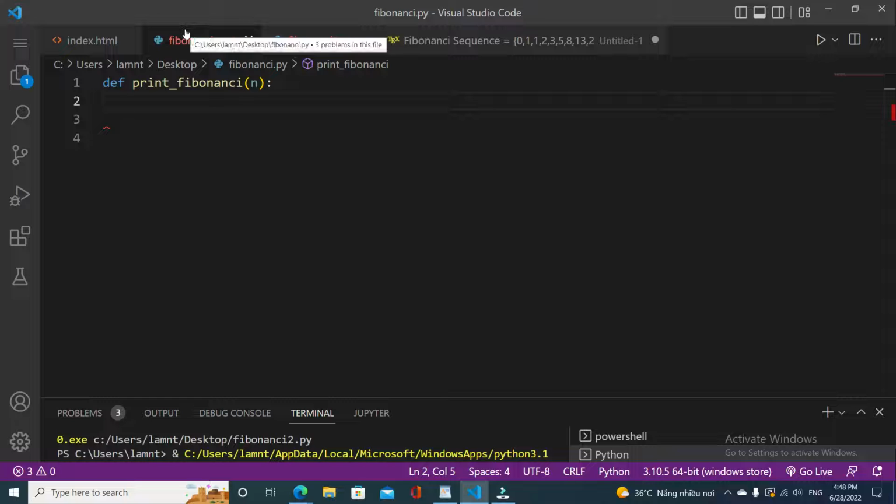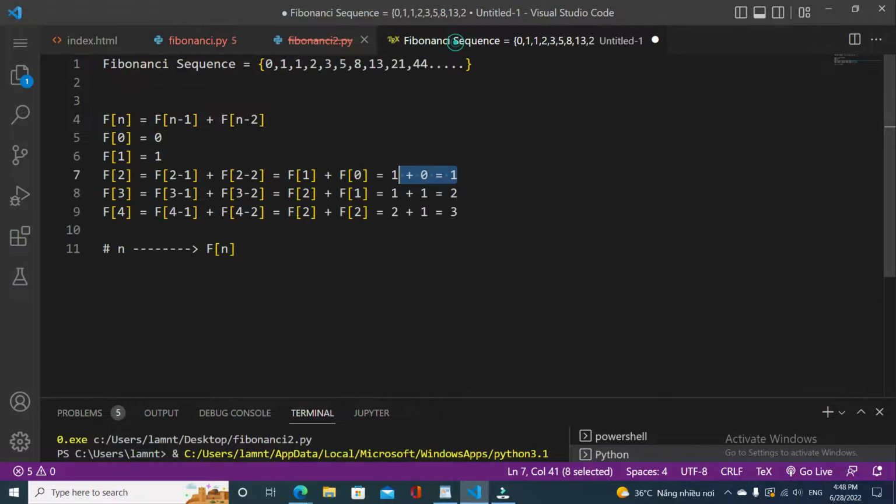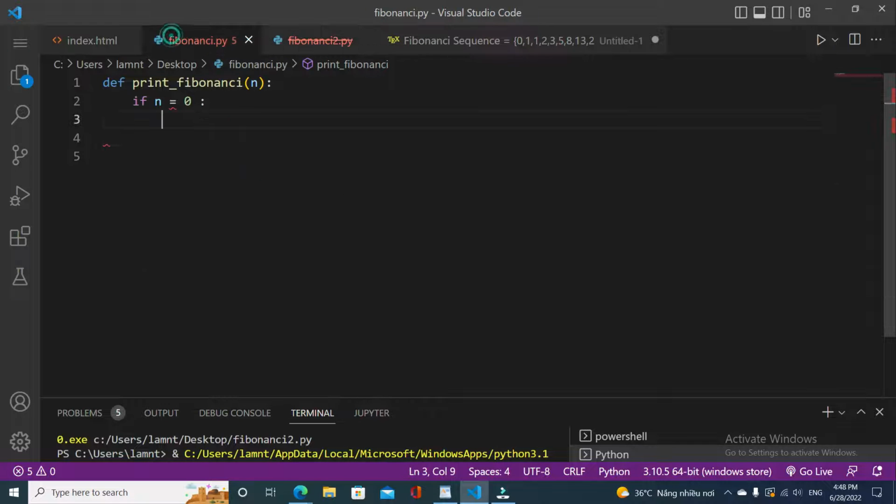So now you can see here, if n is equal to 0, then we should return 0, right? Because the f0 element is 0, so return